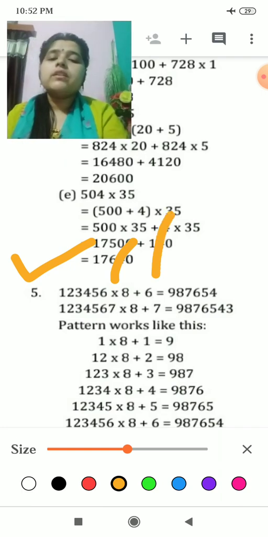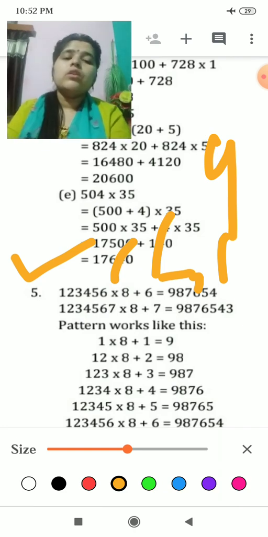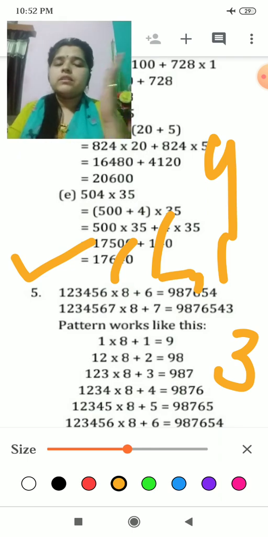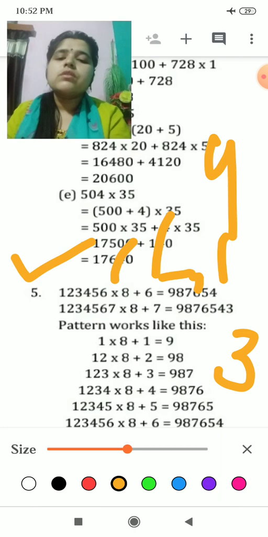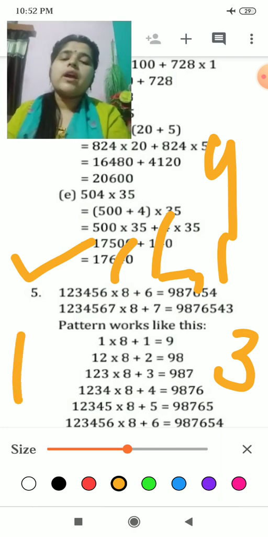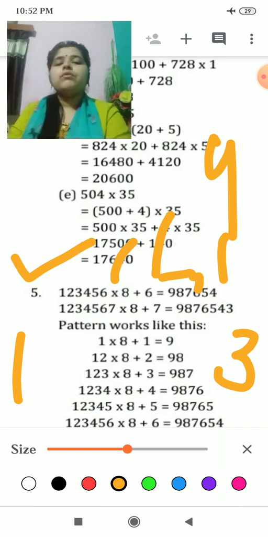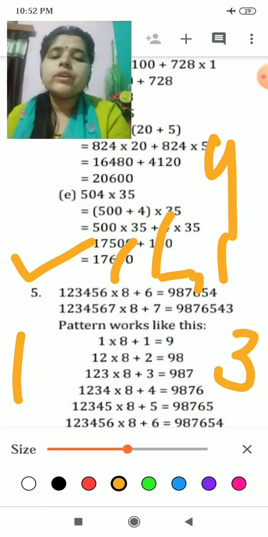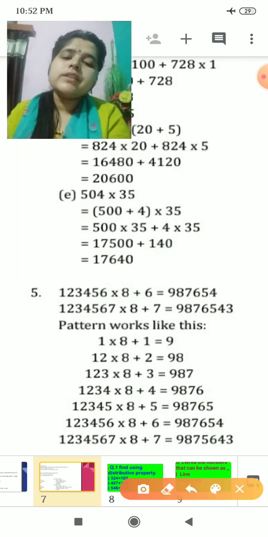When you add this, you will get, you were having up to 5 already, but we have included 4 there. Now we will include in the next one 3, because we are reducing this side. This side we are reducing, this side we are increasing. So here was 1234567. 6 in the above one, and 7 we have included in the next one. Same way the pattern works like this. How is it increasing? You can see here. It is increasing like this.